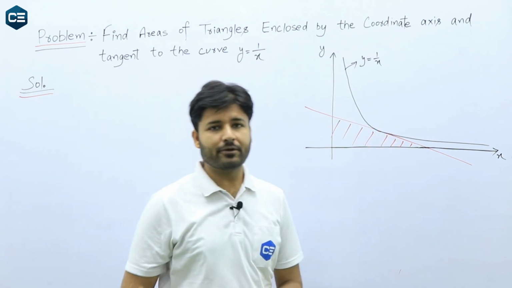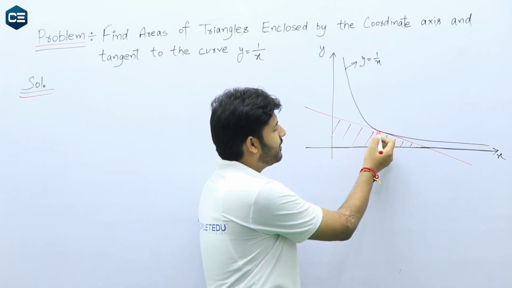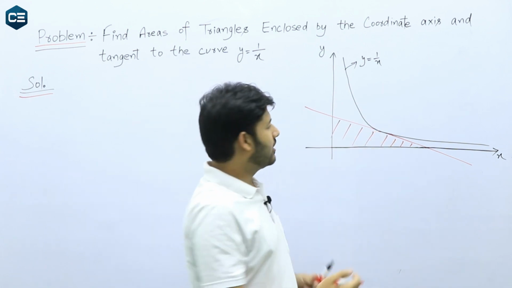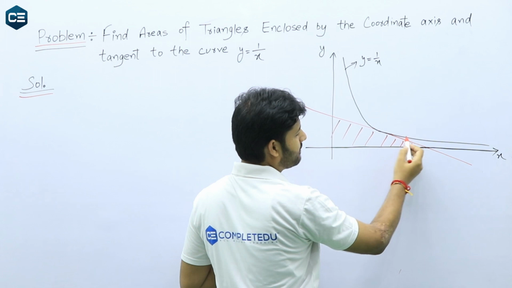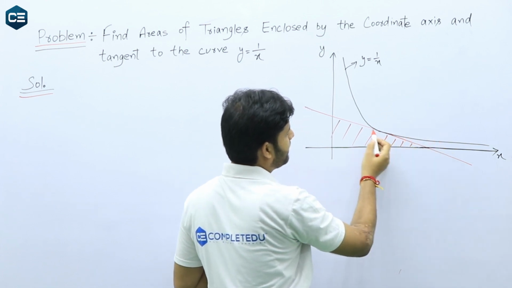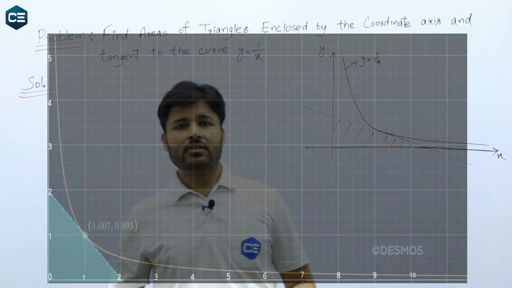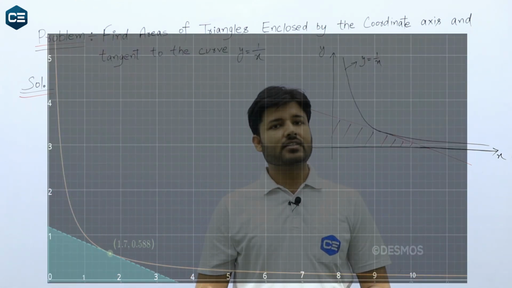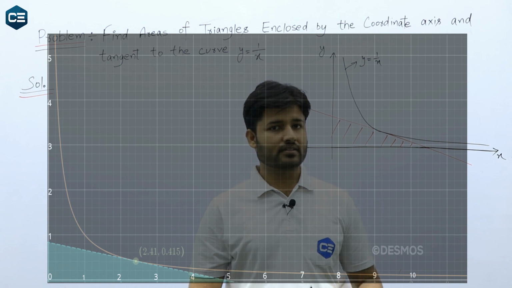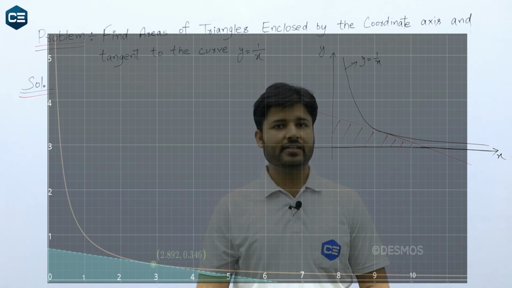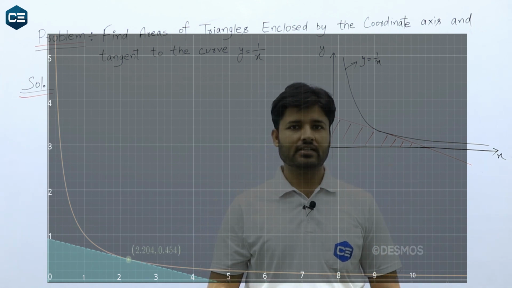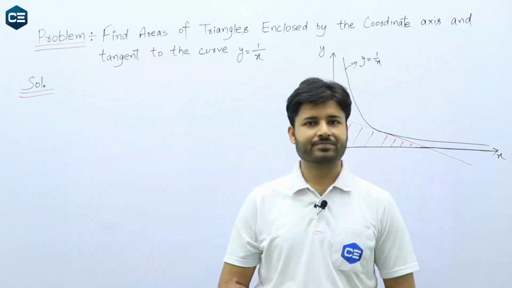You see, this is the touching point, and the touching point is not fixed. It can move along the curve. It can be this, it can be this, it can be this, or it can be further upside, this or this. So you can visualize this. Are you seeing the curve? As the touching point changes, the shaded triangle area changes. So the area can be varying or can be constant. We'll find out at the end of the problem.